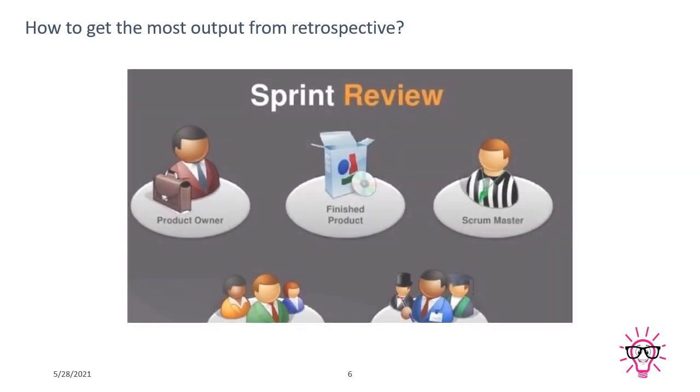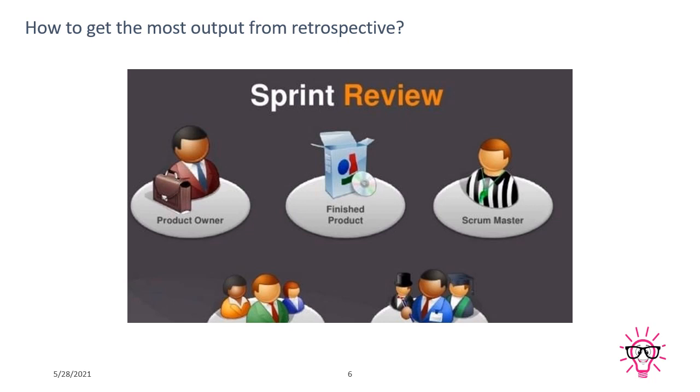Now, how to get the most output from a retrospective? So guys, there are a lot of ways available. Retrospective meetings mean the team has to tell you what they feel about the entire sprint. This is basically the motive of a retrospective. After the entire sprint, what exactly does the team feel? They feel pressurized, they feel happy, they feel alone, they feel scared, they feel funny in an entire sprint. So what exactly do they feel? Each and every person has a different mindset, different opinion, and we just want to know that.